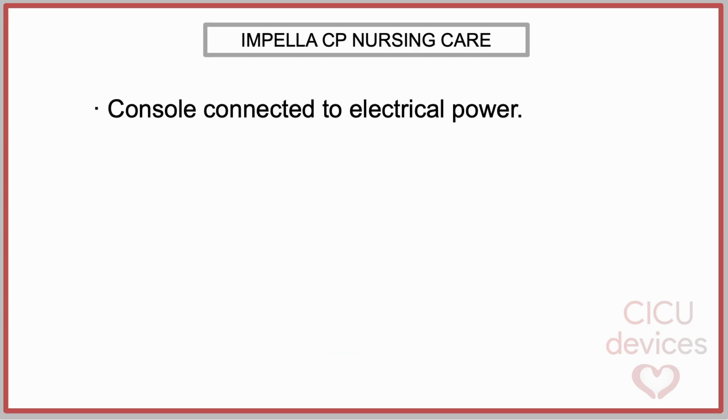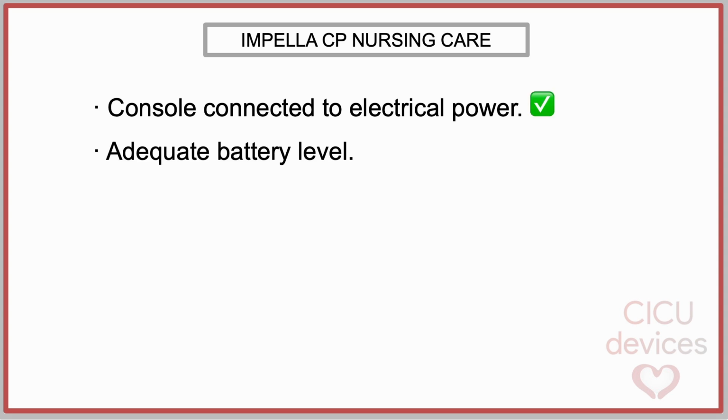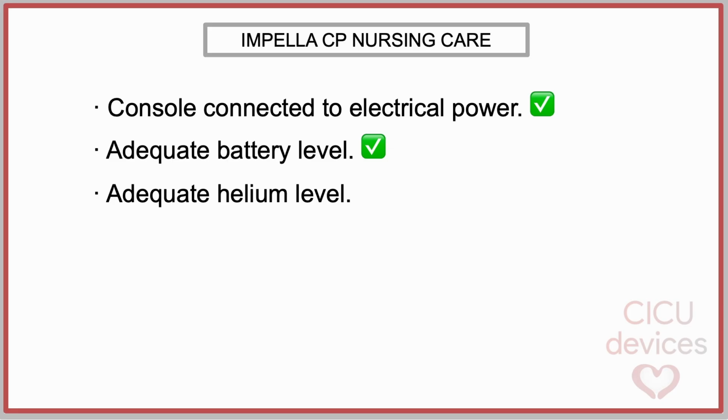Confirm that the console is connected to the mains power supply and that the display or indicator lights confirm that the system is operating on external power. Verify that the battery charge level displayed on the console is sufficient to allow safe operation in case of a temporary power interruption. Check the helium supply indicator on the console to ensure that the available helium level is sufficient